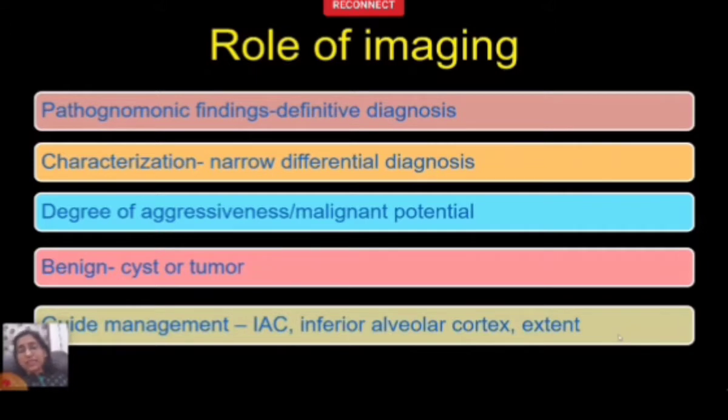by completely evaluating the extent of the lesion, how the lesion is involving the inferior canal, how is it present in relation to the adjacent teeth, what is the height of the inferior cortex which is preserved by the lesion, because if the patient is taken up for a marginal mandibulectomy, then you require at least 1 centimeter of inferior cortex to be preserved, otherwise that surgery will not be possible. So these are various questions that the concerned surgeon would put across to you, and you would have to solve all these management issues with them.